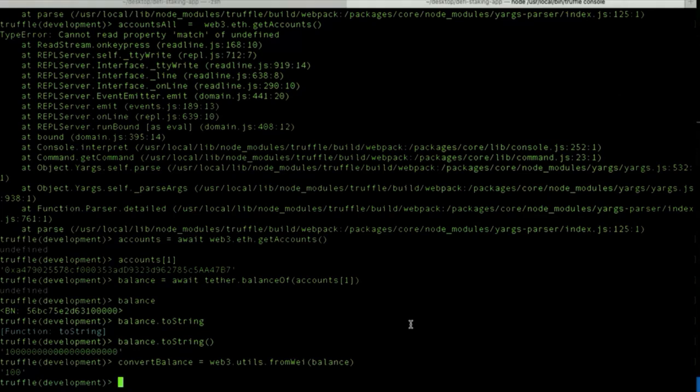So for example, let's say we had 15 Ethereum and we want to convert this to Wei. How would we go about doing that? Well, we can just leverage these Web3 utilities. So we could say